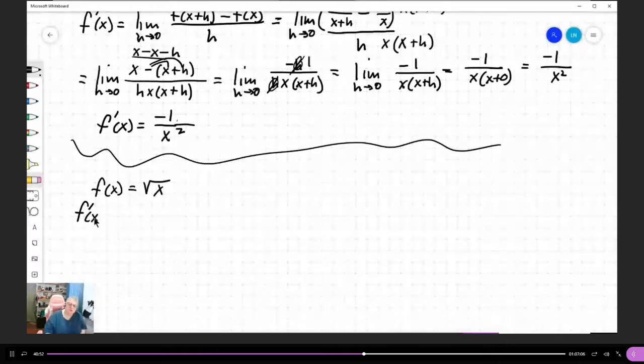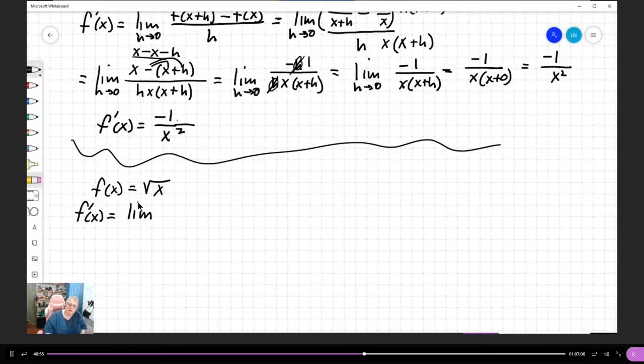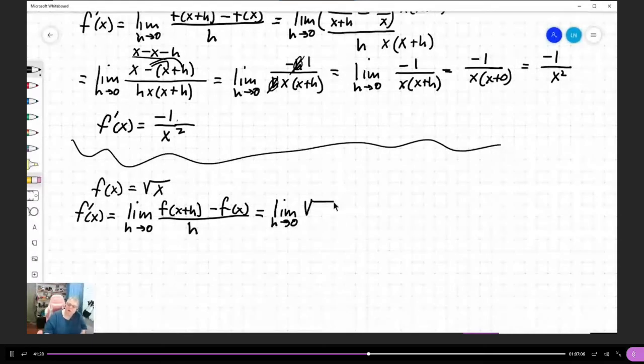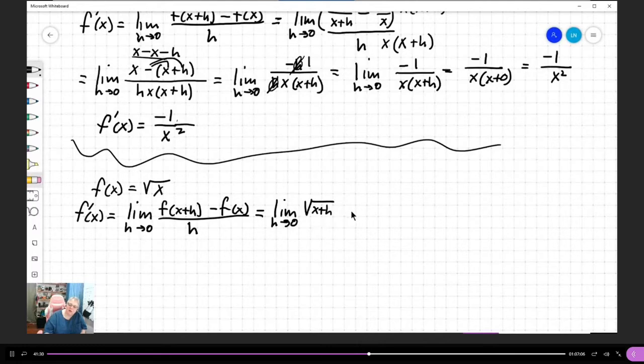So f prime of x is the limit as h goes to 0 of f of x plus h minus f of x all over h. So that's the limit as h goes to 0. f of x plus h, I put in x plus h for x. So I get the square root of x plus h minus the square root of x